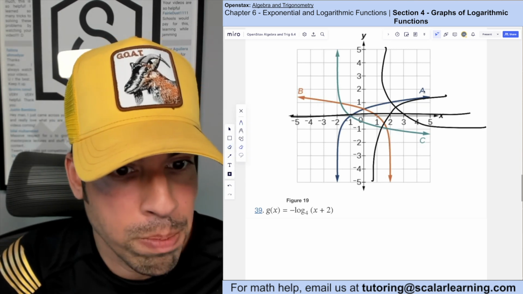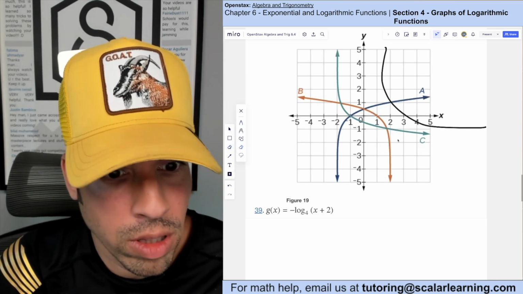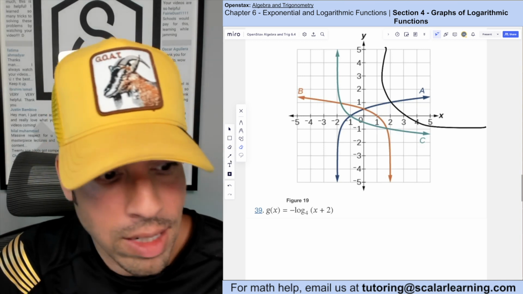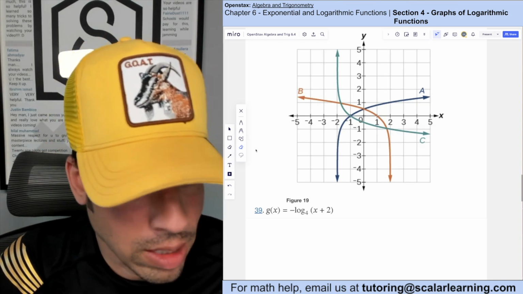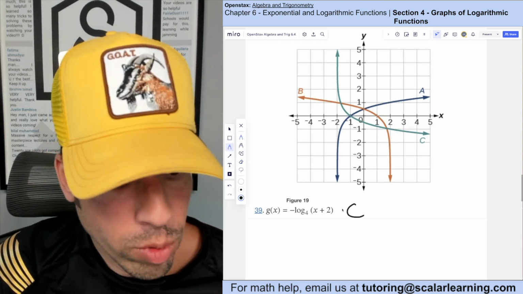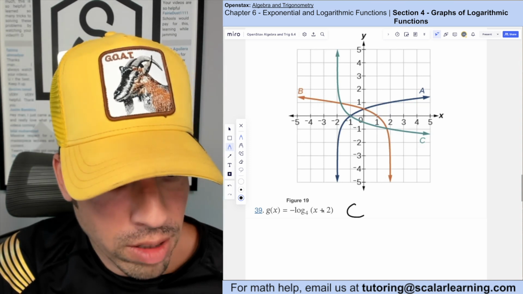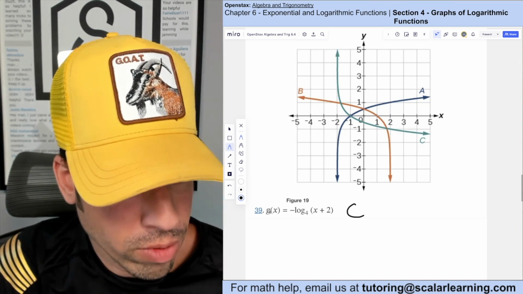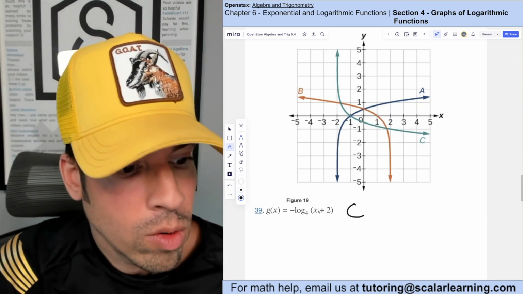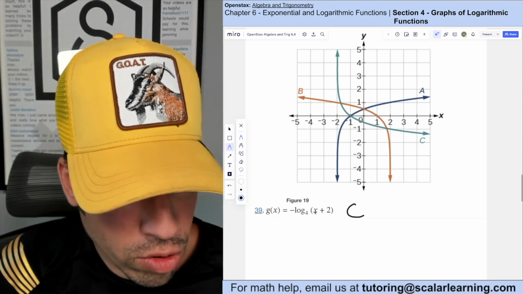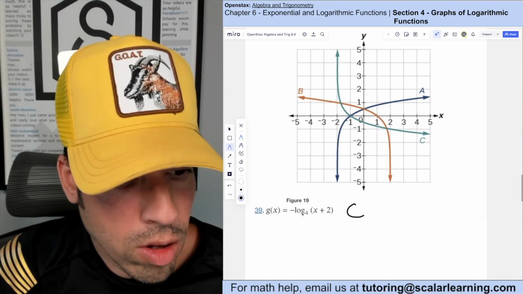So on this basis alone, if it's supposed to look like this, we know that C is the only option. It's got to be C. But just for confirmation, I'm going to show you a couple other points that are going to verify that C is correct for 39. So for example, when I plug in 0 for x, we'd say log base 4 of 0